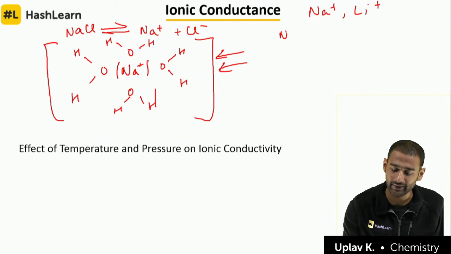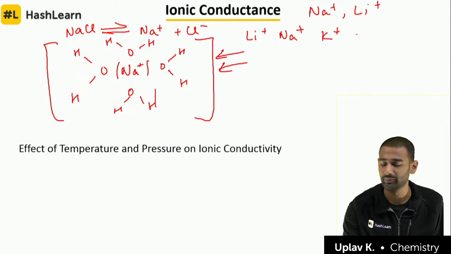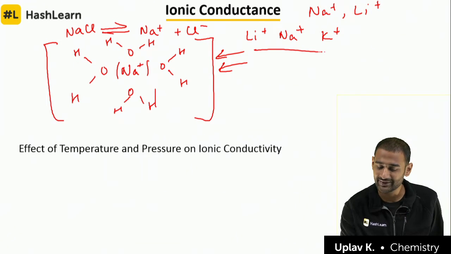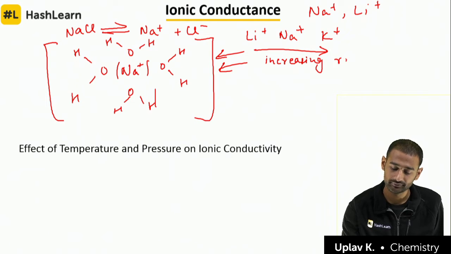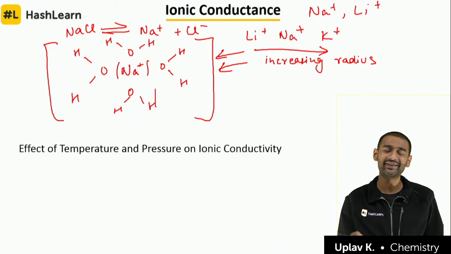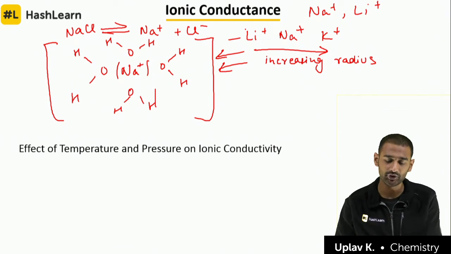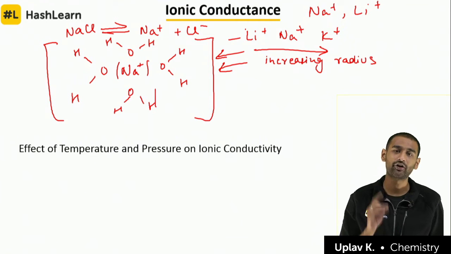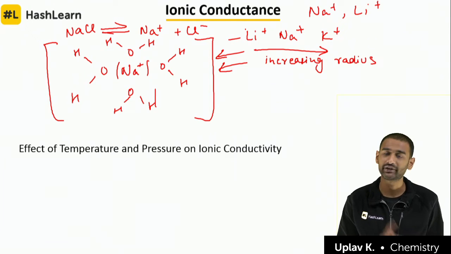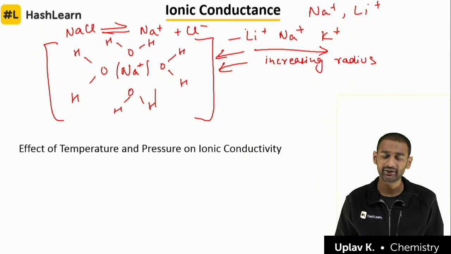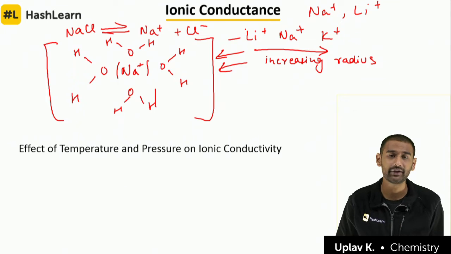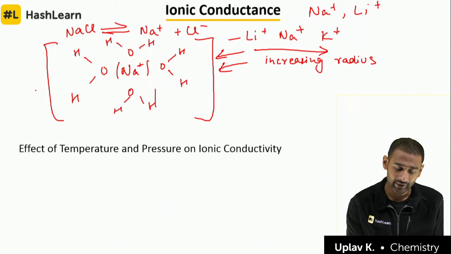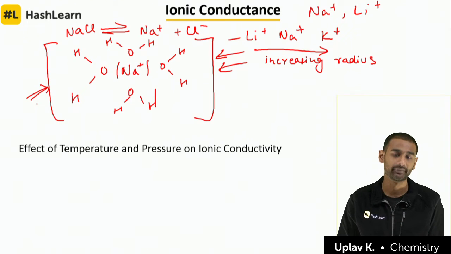So if I am talking about something like Na plus, Li plus, K plus, and the next ones also, look, this is the order of increasing radius, fine. But when you dissolve these in water, understand one thing: all of them have the same charge. Li has one positive charge, Na has one positive charge, and K has one positive charge, okay. But lithium is much smaller. Because lithium is much smaller, it will have a higher charge density, and because of the higher charge density, this process will be much more effective in case of lithium, okay.